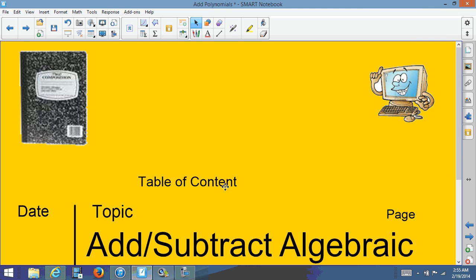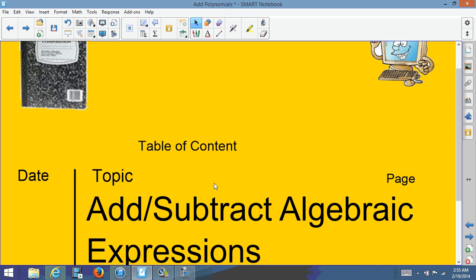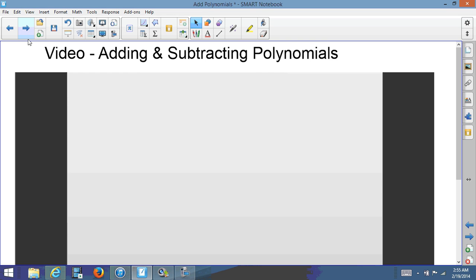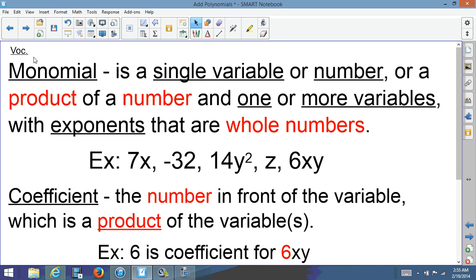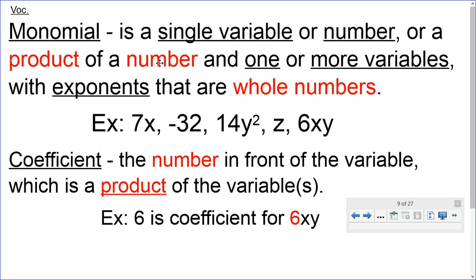This is Dr. Robinson, and today we're going to continue our studies, and we're going to talk about adding and subtracting algebraic expressions. First, we need to know some terms. Our first term is a monomial. It's a single variable or a number or a product of a number and one or more variables with exponents